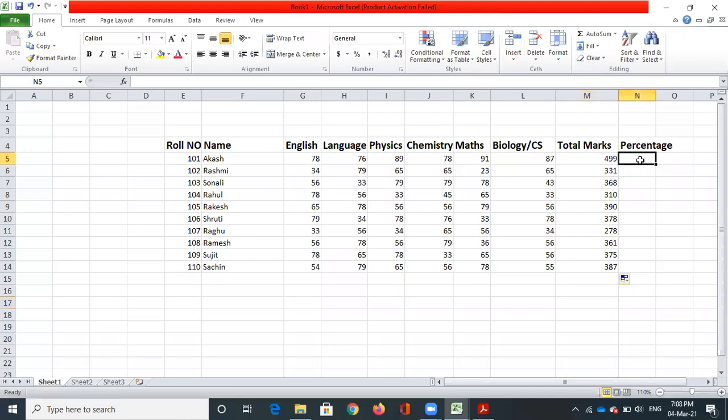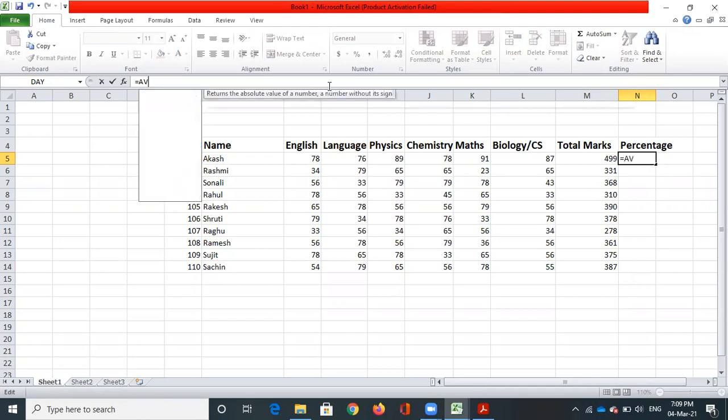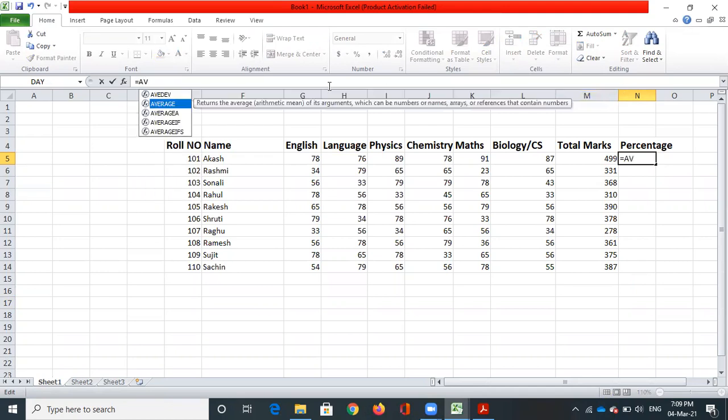And the same way, if I want to calculate the percentage, I will click on this. I will go to the formula bar. Here I will say equal to. So I want to calculate the average, so I will use the average function.